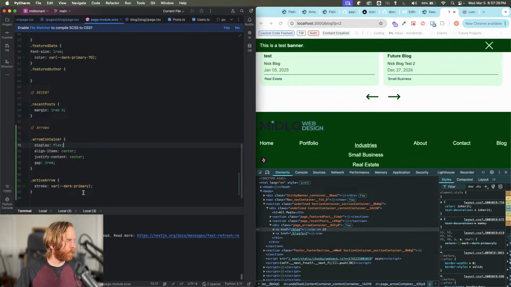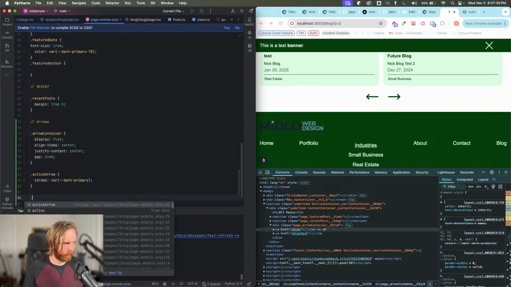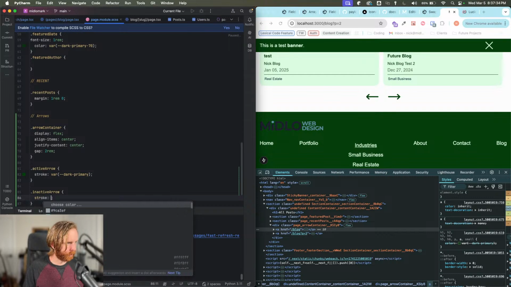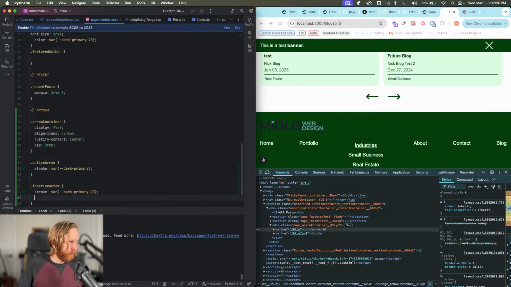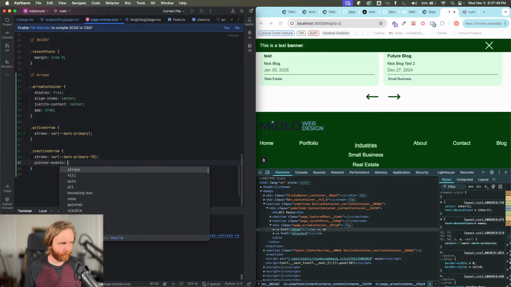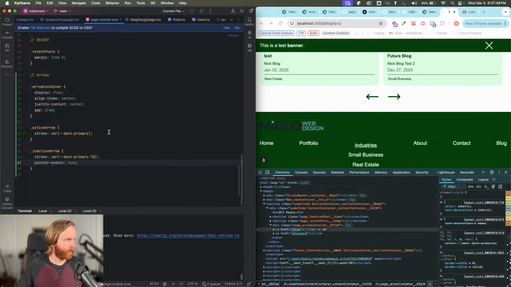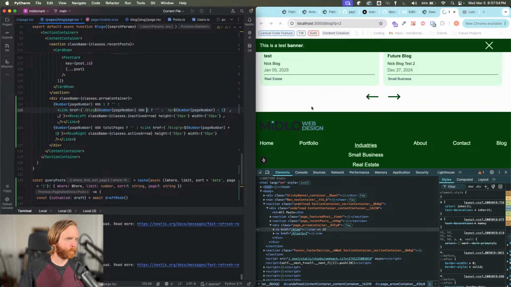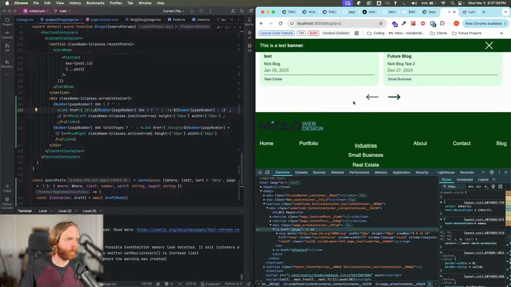All right, so we'll do then inactive arrow, which will be our stroke of dark primary 70. And then we can do, it should be pointer events none. And then we can test this out real quick by just doing one as inactive arrow. And so nothing,